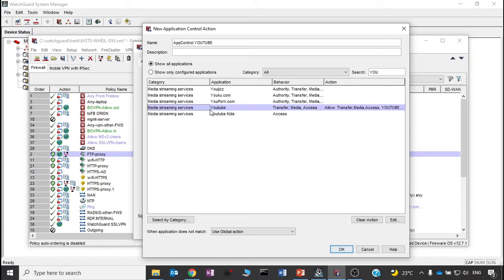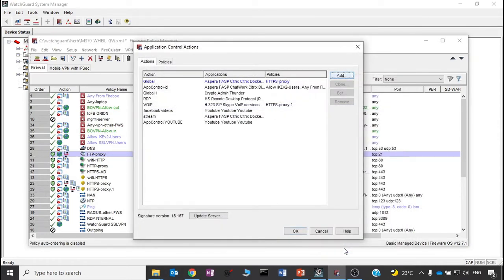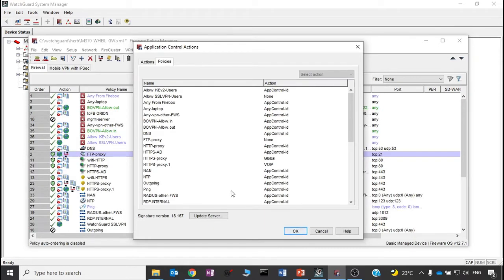So I have one here that is called application control YouTube. And I'm going to click OK. I can go to the level of the policy here, and I can select the action if I want. Let's say I want to go to the HTTP proxy. I can go there, select the action, right? And we're gonna look for application control YouTube. That's one way that we can do that,